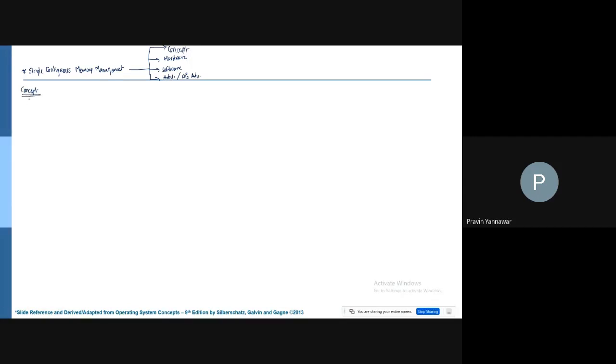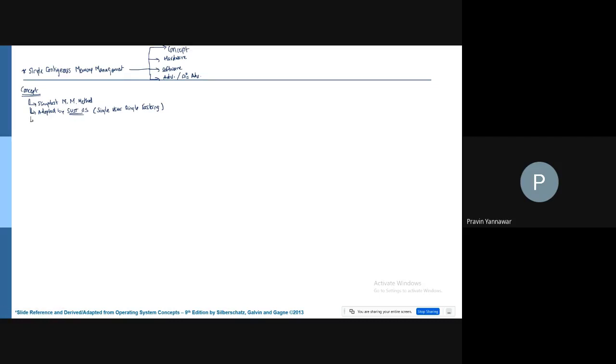concept part. So this particular memory management is the simplest memory management method. This method is adopted by SUST OS, or we can say single user, single tasking operating system, right? So this particular method is being used by single user and single tasking operating systems,